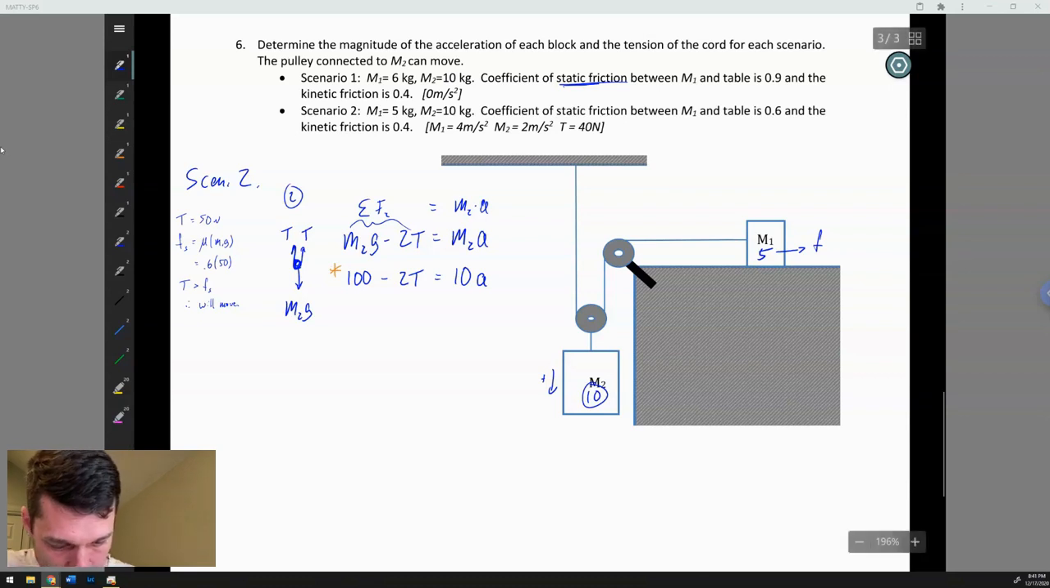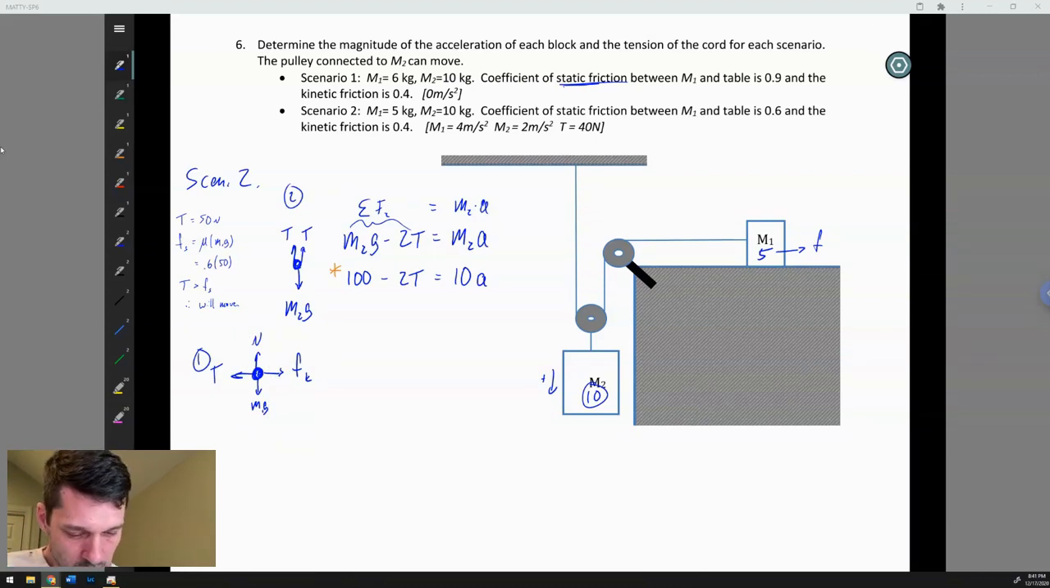All right, box number 1. It looks like this. There's going to be some kinetic friction that way. There's going to be some tension that way. M1g down, normal force up. Since this normal and weight force cancel each other out, they're going to be equal. So I'm just going to skip ahead and recognize that the